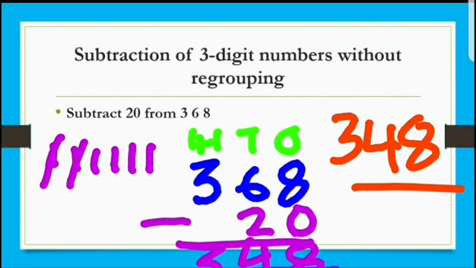So this way you have to write place values, and then you have to write the bigger number first, which is the first rule, and then the smaller number. Here the smaller number is a 2-digit number, so only ones and tens place values we have used. At hundreds place nothing is there. Then we will subtract by following the second rule, that is we will start subtracting from ones place. So now we will see one more example.